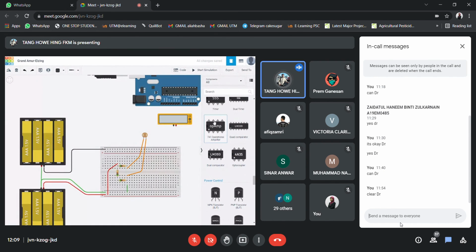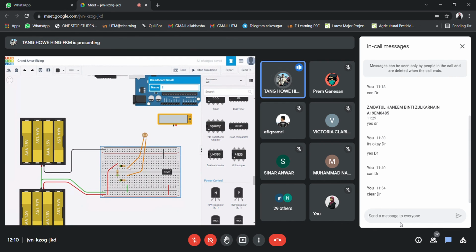Okay, op-amp, and then swap it at here, and then we plug it in here. Okay, and then this is going to the positive power supply, and then this pin number 4 goes to the negative power supply. Okay, and because this is